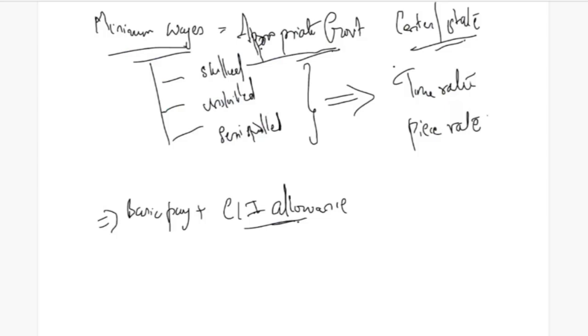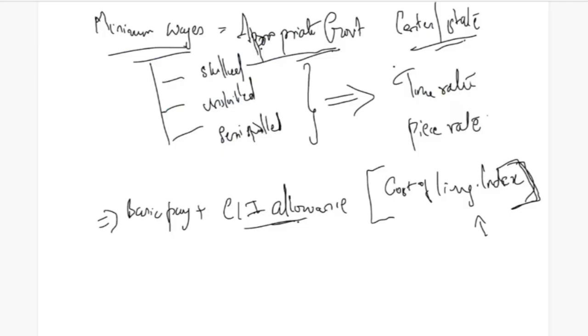The government, at regular intervals of time, publishes a cost of living index. The cost of living index considers our current price inflation, and at every 3 months the cost of living index will be published. Now when the cost of living index goes up, your wages also need to increase, because